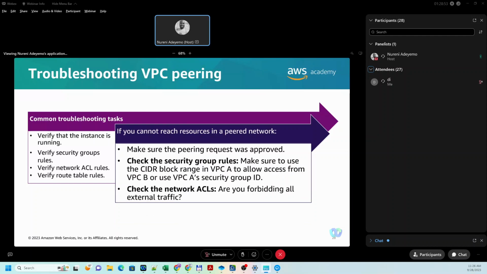And the next thing is, if you cannot reach resources in a peer network, that is, you have set up VPC peering between two VPCs within your AWS account, but you find out that the connection is not working. The first thing you need to ensure is that the peering request sent from one VPC to another is approved. And you also have to check that the security group allows the necessary configurations. You also have to check that the network ACL associated with each of those VPCs allows the